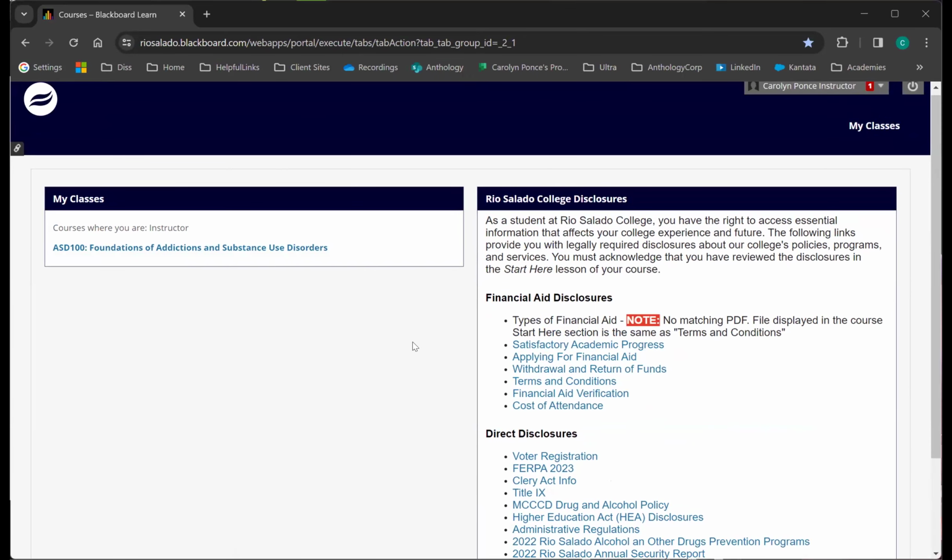So the logout button in the upper right-hand corner, you're going to notice I'm using it a lot today. It is better if your students log out every time that they're done with it. And even you, get used to logging out of the system. I know they're not going to be using public computers, but if you end up on a computer that's slightly public or not your office computer, please be aware and log out of your system every time. So I'm going to hop back over into my instructor view.